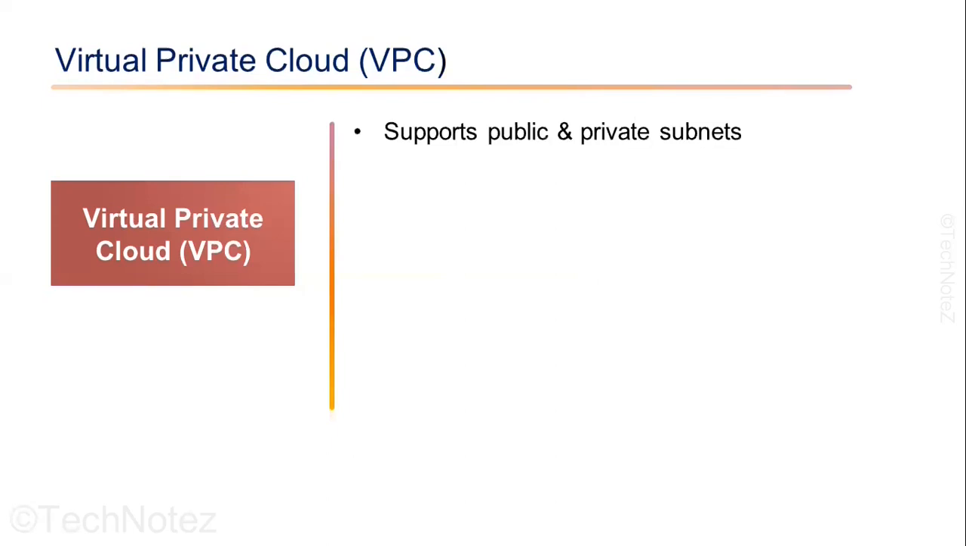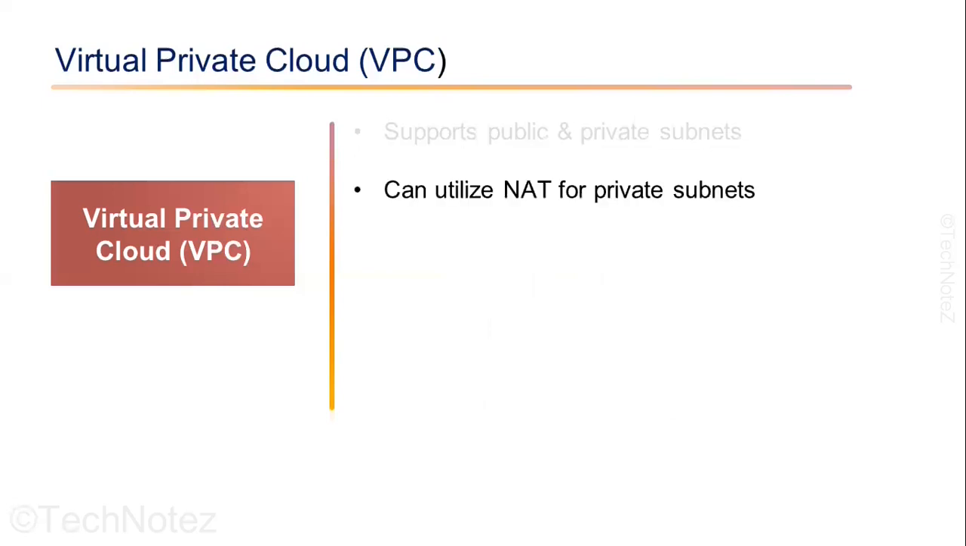VPC allows both private and public subnets. So if you want to have some applications that can't be reached over the internet, or if you want to have some applications that are accessible from the internet, you can do both. If you have servers in a private subnet that need internet access, you can use the network address translation, or NAT, function